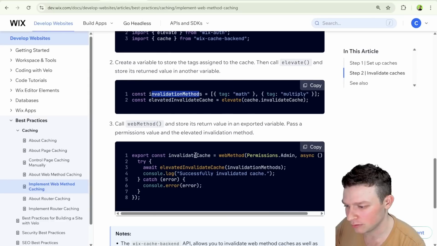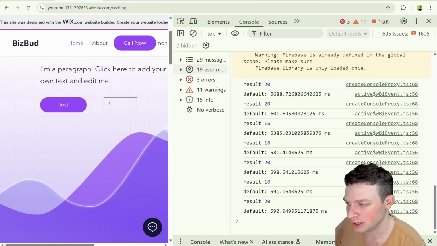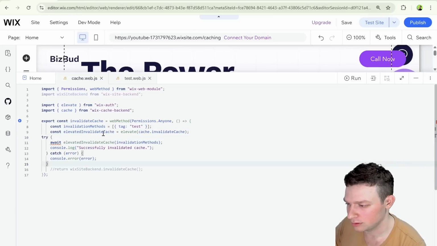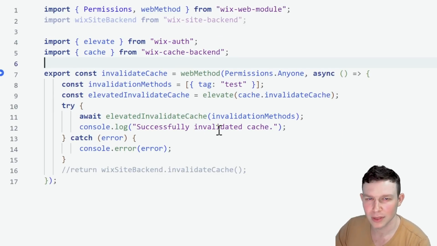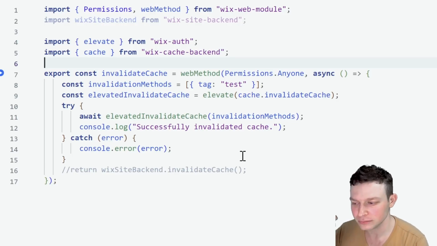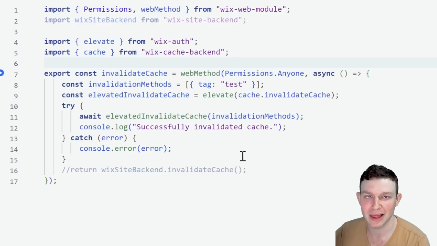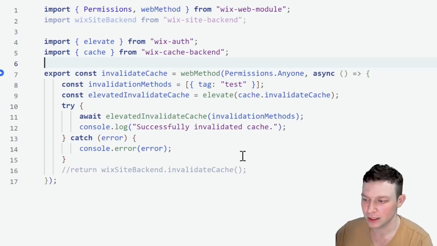And then essentially all you'd have to do is call this try catch over here and turn this into async. Yeah, so this is what invalidating would look like. And again, I'm much worse at figuring out when you'd want to invalidate than when you'd want to actually use cache. So if you guys think of any ideas for when you might want to invalidate a certain web method, like a good real life example, then